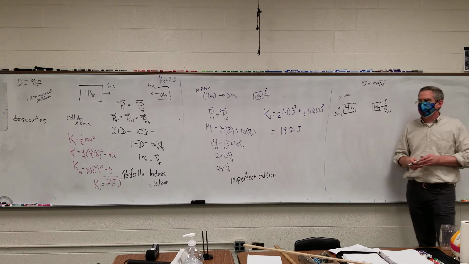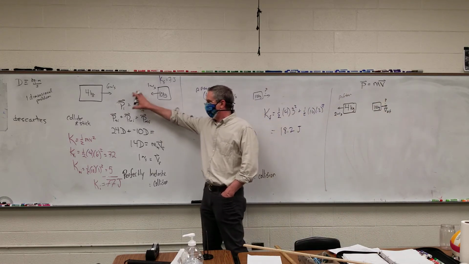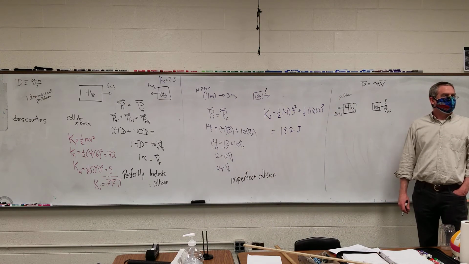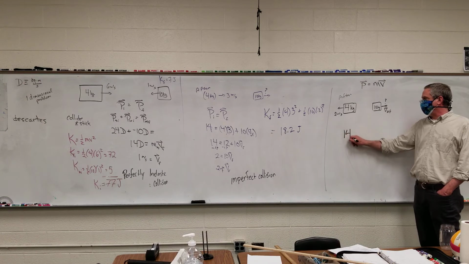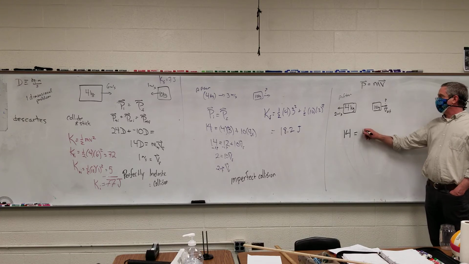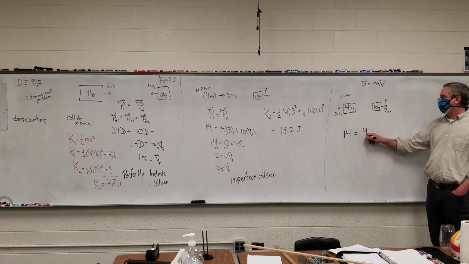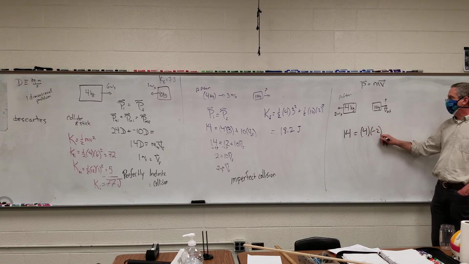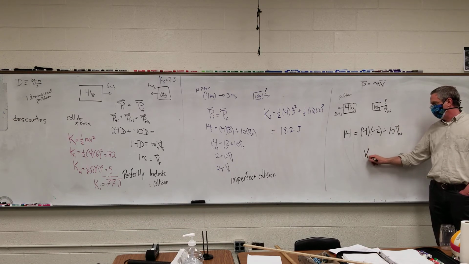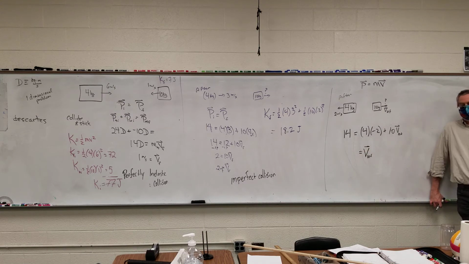Yes, that hasn't changed. This all is still the same. So what's my total momentum after the collision? 14, yes. All right, so I have 14 kilogram meters per second before and after, because it's conserved in the collision. And that's going to be equal to my final, so that's 4 times -2 plus 10 times V10 final. So the final velocity of the 10 kilogram mass is